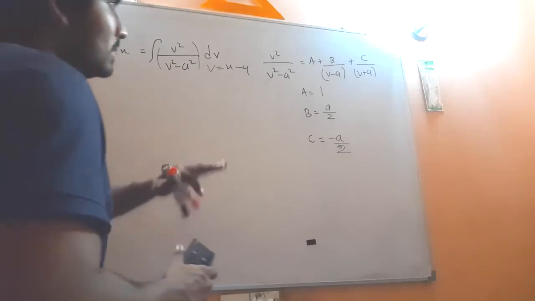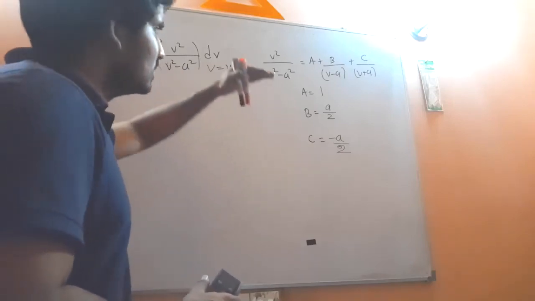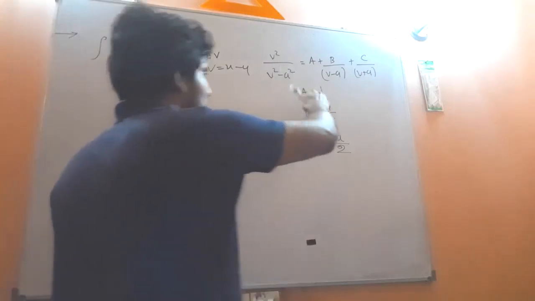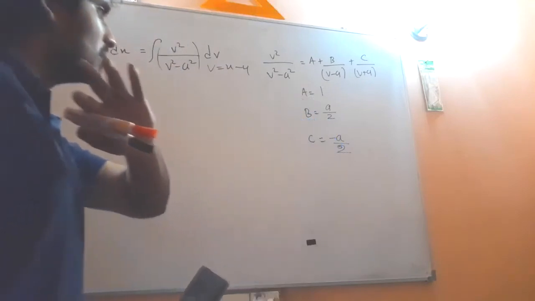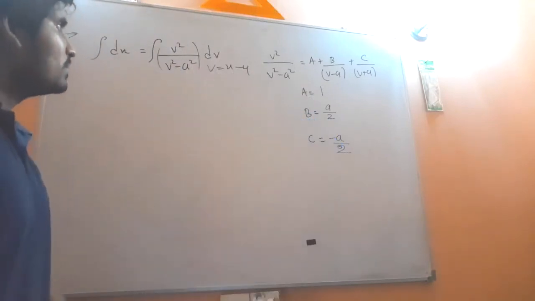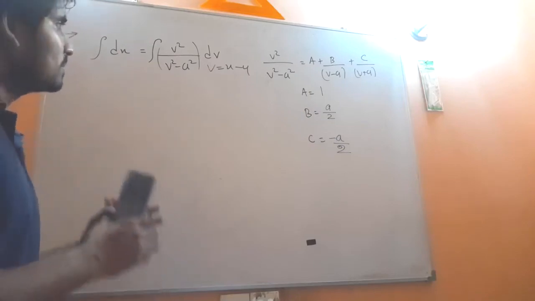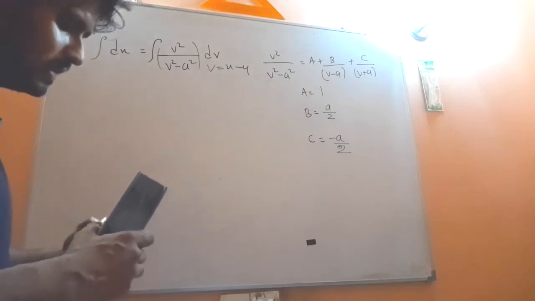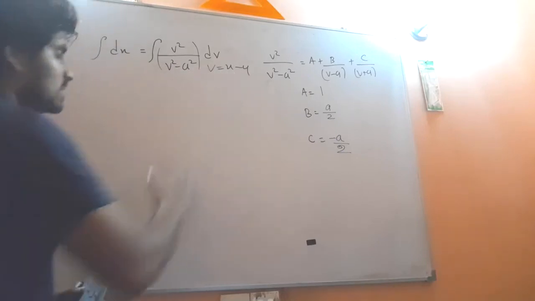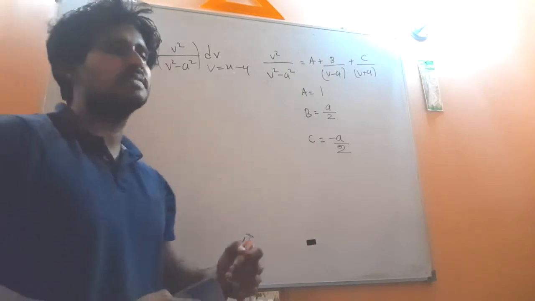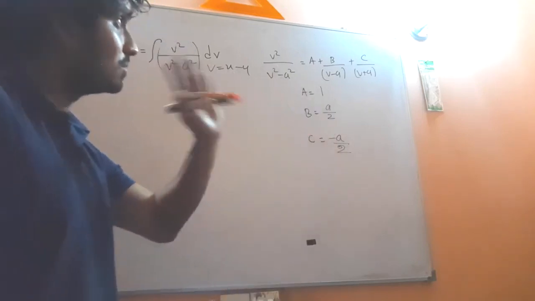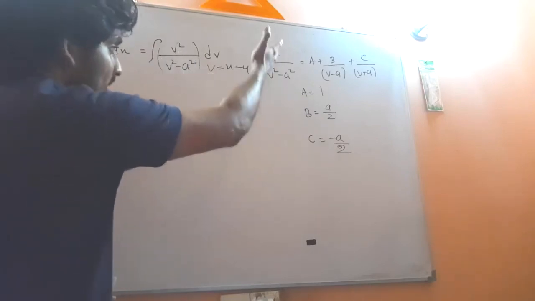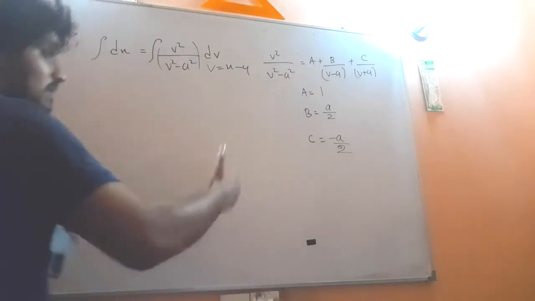So now in the previous part, I clearly told you how to decide the suitable partial fraction format, right? And also I explained how to find the values of these constants A, B and C, right? So now we clearly know what the values for the constants A, B and C are, because we need to do some partial fractioning, because that will provide us some sort of an easier approach in order to complete the integration task. So that is why we need partial fractioning. So now you know the values for the constants. So now we can very clearly express this V squared divided by V squared minus A squared in terms of this new partial fraction format, right?